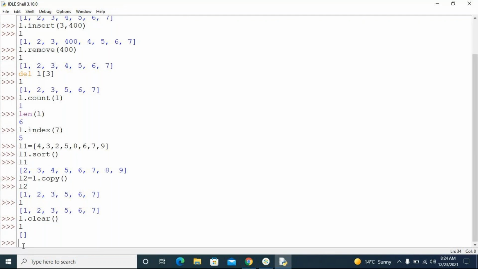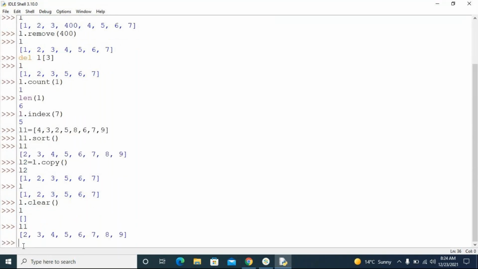Okay. See, you have L1, right? So how do you print any element in reverse order? Generally, if you know the slicing operation, so if I print L1, what is L1 here? L1 is something 2, 3, 4, 5, 7. So I want to reverse my list. So how do I do that? How do I do that? So what is actually this one? Can you tell me what is actually this one? What is this one?